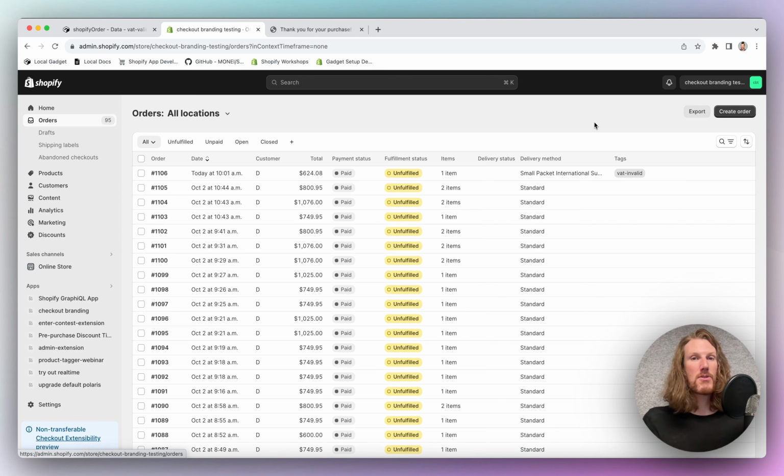So that was how you can build a checkout extension using Gadget in under 20 minutes to check for valid